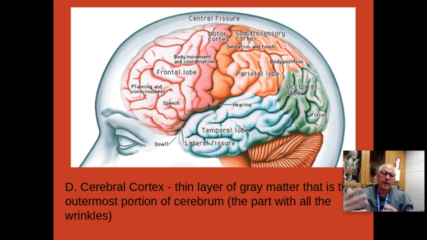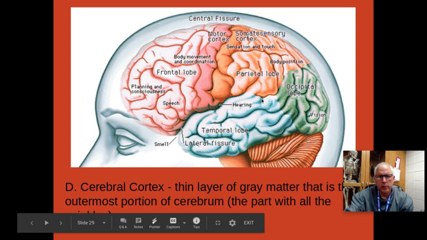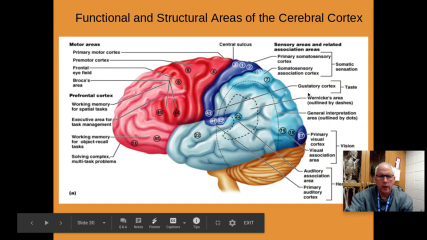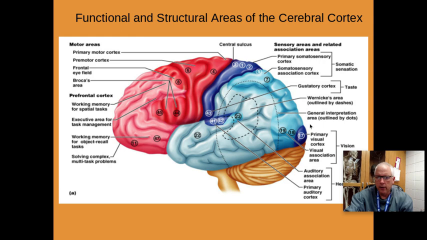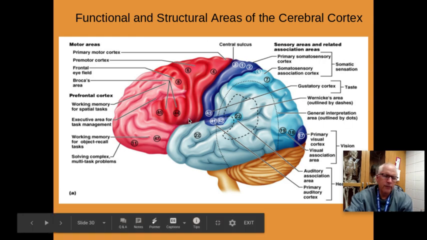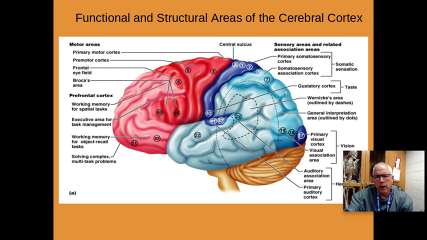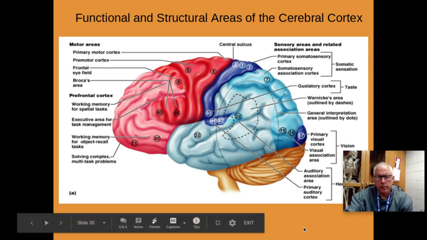So we understand a lot of what goes on now in the brain due to our technologies. I'll talk more about that in part two of notes, but our MRIs, our PET scans, our CAT scans have enabled us to look into the brain like we never have before. So we're learning a lot of information about the cerebral cortex, but there's still a lot of mysteries as well. And you can see again all the multiple functions. So I'm going to kind of shelf that, and we'll come back to that when we get to part two of notes, because that's a whole separate test and lesson, and we'll talk about a lot of the stuff that's up here: working memory,